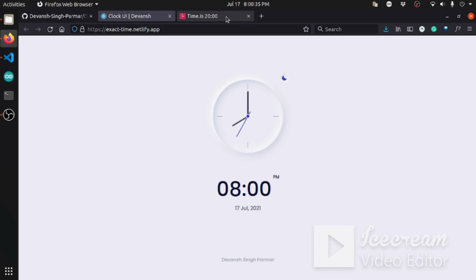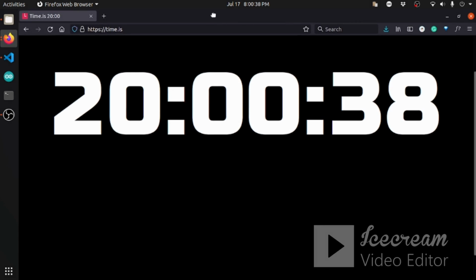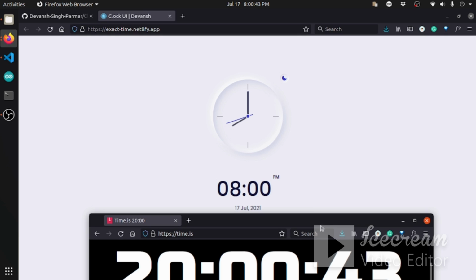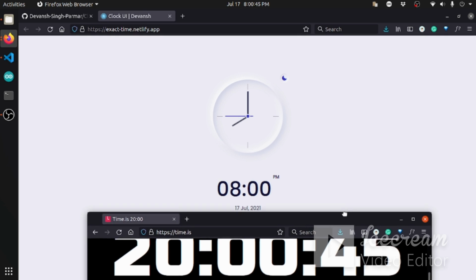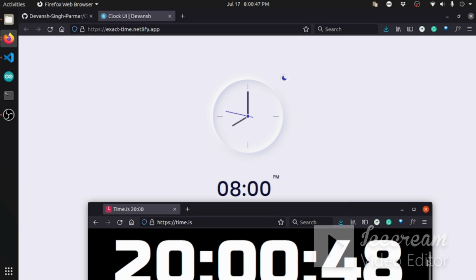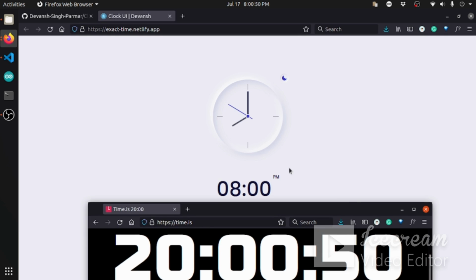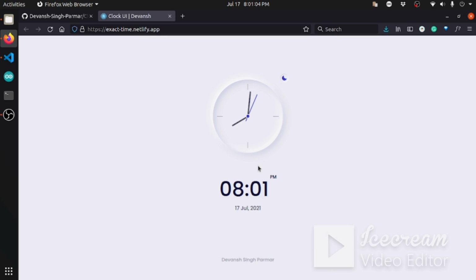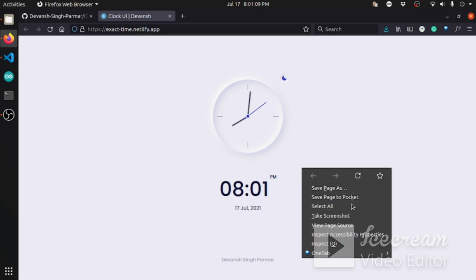And when you see it, let us match the time with our clock, so we will understand how wrong our clock is. Just as the time comes, let's see how much time it will take. A 2, and here it goes, only 1 second difference. You see, 1 second difference. This clock is just 1 second back.